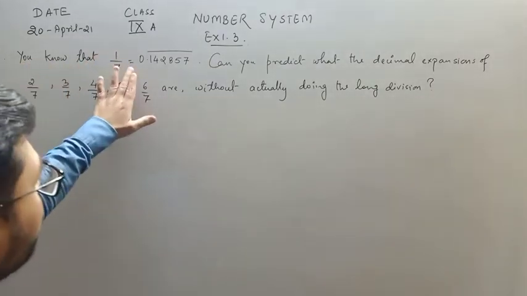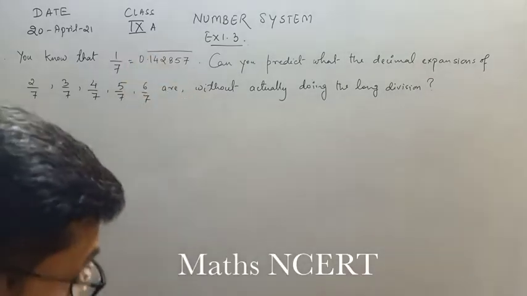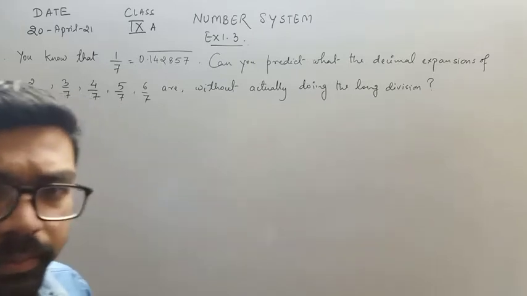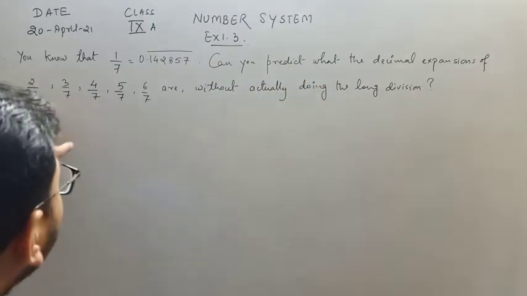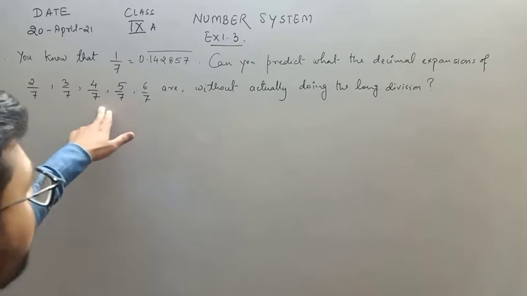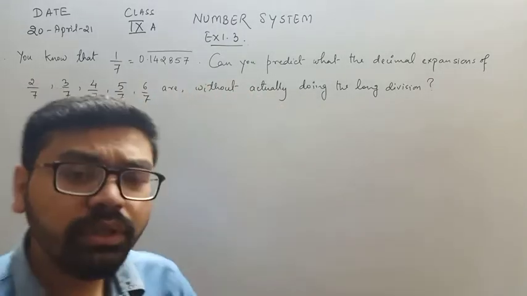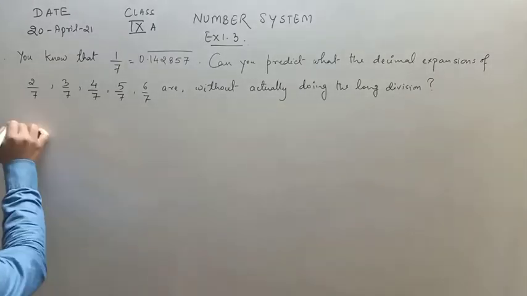You know that 1 upon 7 is equal to 0.142857 bar. That means this is a non-terminating repeating decimal. Can you predict the decimal expansion of 2 upon 7, 3 upon 7, 4 upon 7, 5 upon 7, 6 upon 7 without actually doing the long division? It is very simple. See,